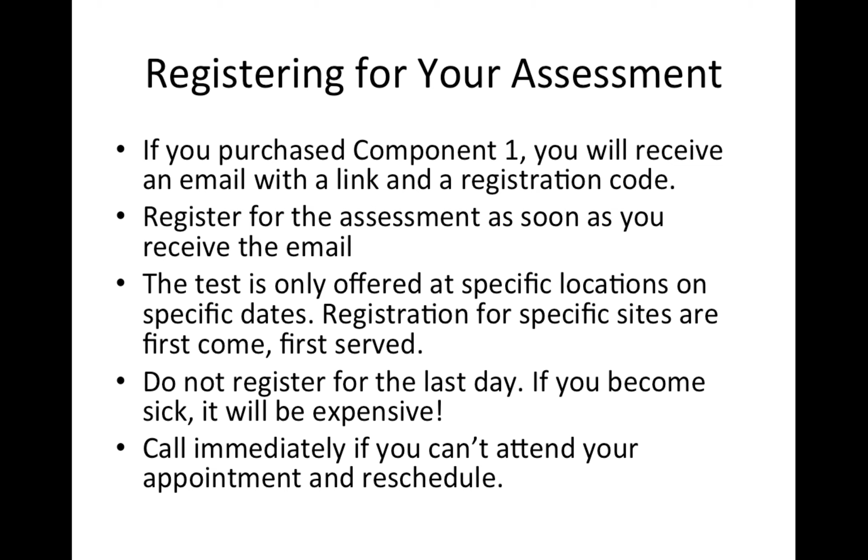If you purchase a component in the spring, which would be next spring, you will receive an email from the National Board. The National Board will only communicate with you through the provided email, and lots of times their emails go to spam. So make sure you give them an email that you use regularly and check it and your spam regularly,